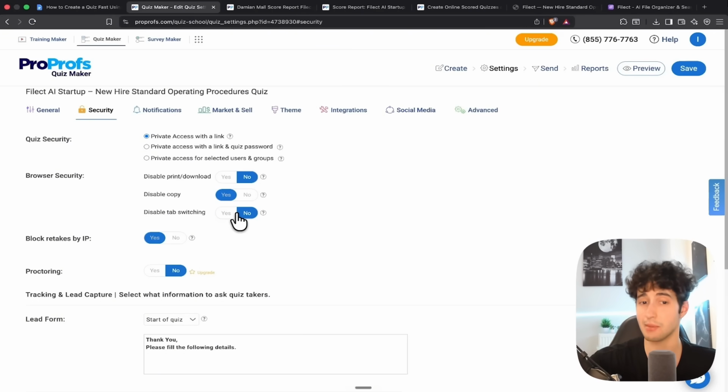I can also disable tab switching, which is honestly a super powerful feature, because that means that they basically cannot cheat on this quiz since they will not be able to tab switch. Plus, I can block retakes from certain IPs so people don't try again and again to complete it at 100%. And I also have the option to enable proctoring if I want, to fully make people not able to cheat,